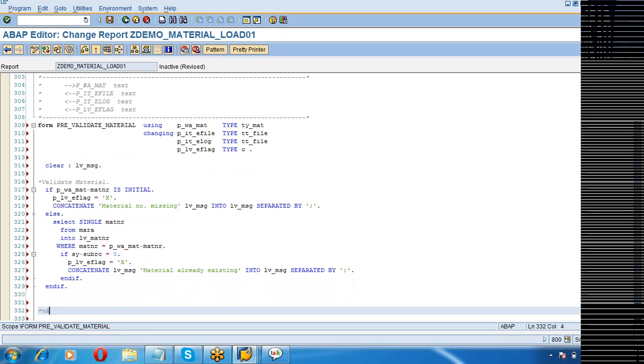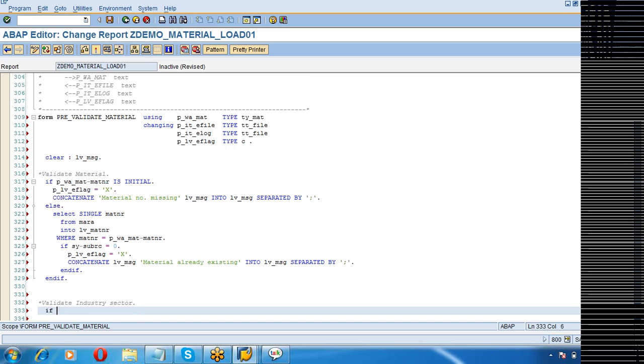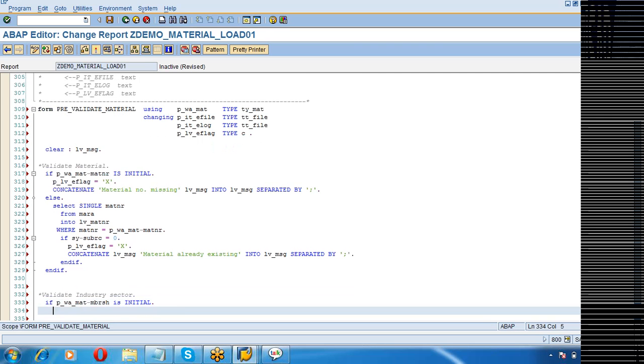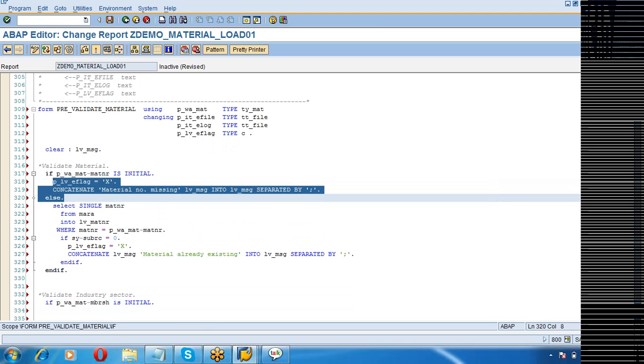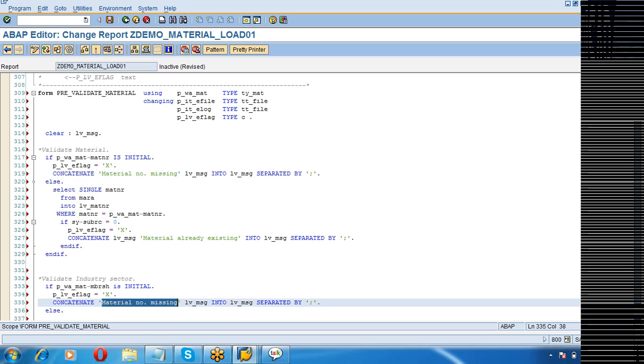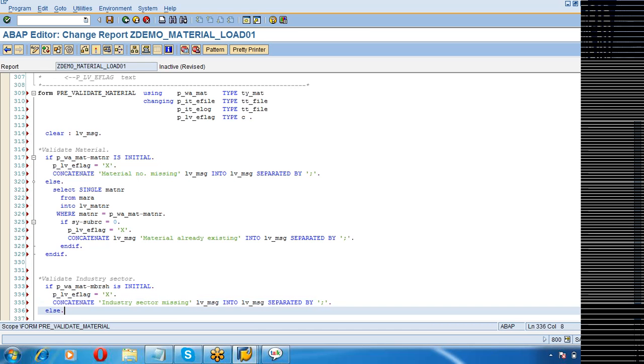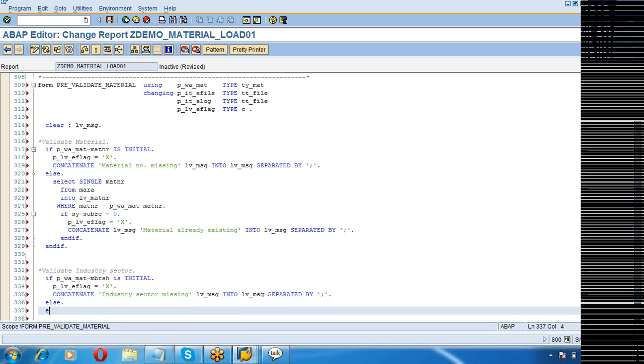Next one. Validate industry sector. If E_W_mat-MBRSH is initial. So how do you validate industry sector?